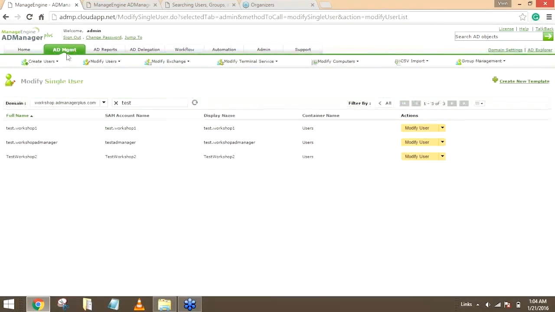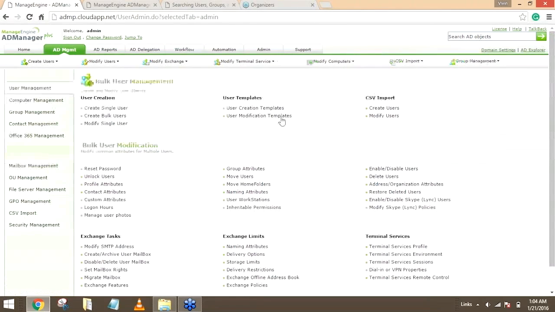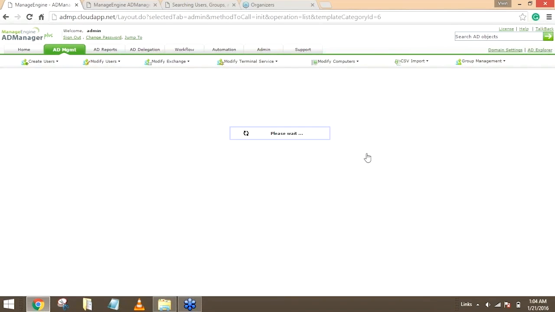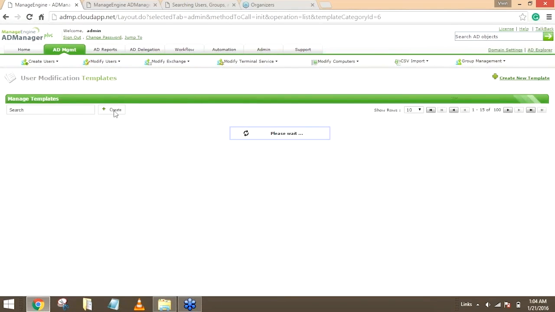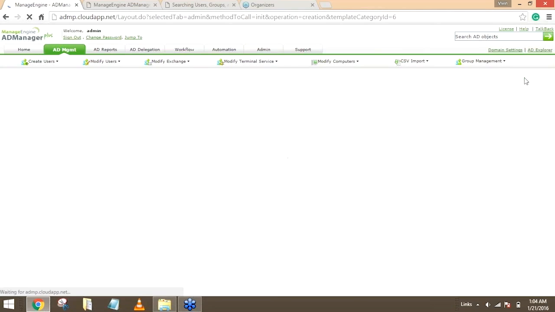You can build as many templates as you want. So let's say you have 10 departments, you can just go ahead and build 10 different templates. And building a template is going to be just a one-time thing. So if you build a template once, you can use it for modifying any users any number of times. So you just go to user modification templates, you create a new template. Okay,